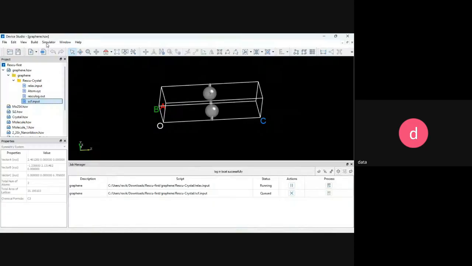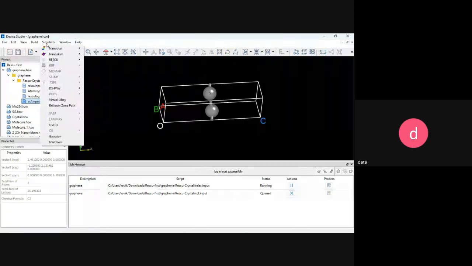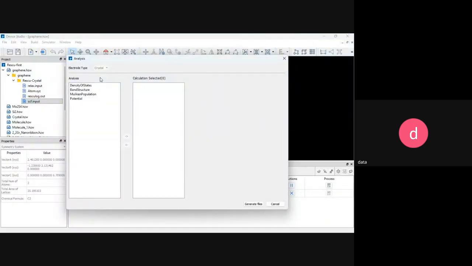For the time being, let's create an input file for the analysis also, like band structure, DOS, and other parameters. Go to the simulator, Rescue, and here you can see the analysis. Click on this. You can find density of state, band structure, molecular potential. If I click on the band structure, by double click, you can select your calculation, and you can see the